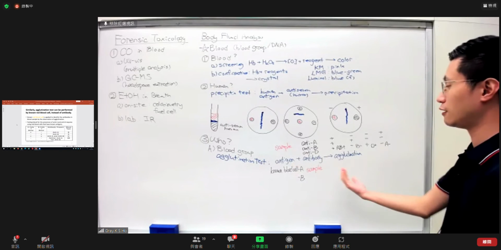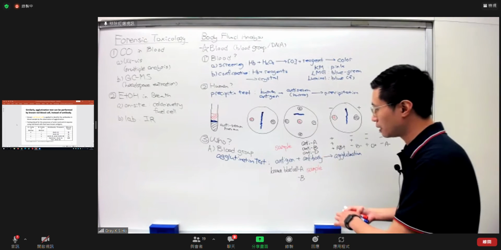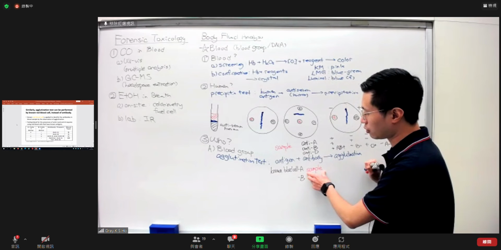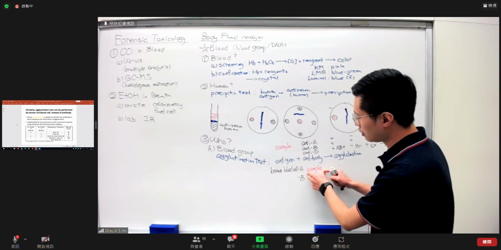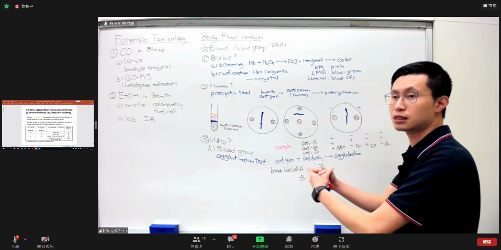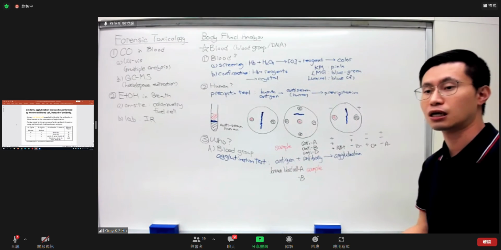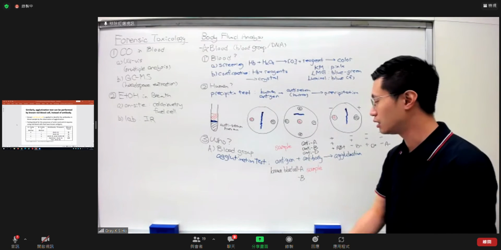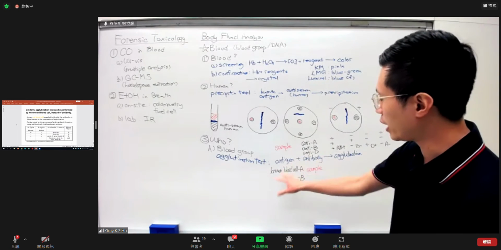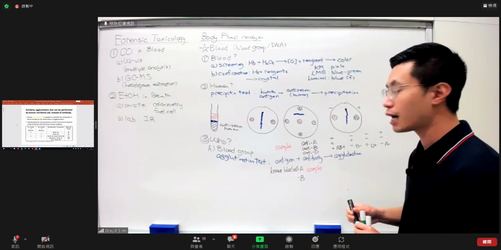So actually, if they are matching with each other, you will still see the agglutination, because the plasma contains certain kinds of antibody. Then they will bind to the blood cell, which will still aggregate, and you will see the red color spot, and then at the end they will disappear because they burst finally. So therefore, there is another way to do the agglutination test. So how about right now,